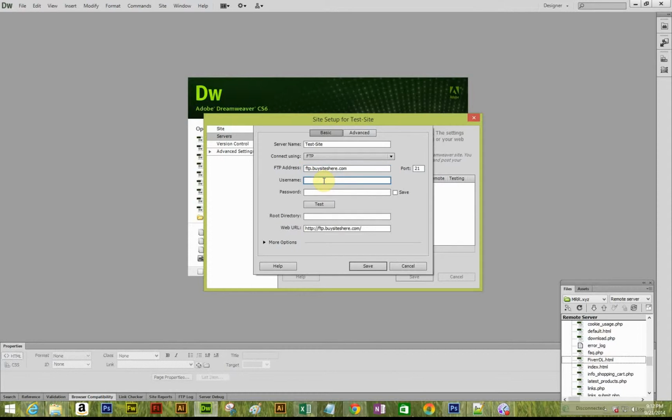and our username is bysites. Again, all this information is coming from the cPanel. So how you would find this information is open up your FTP account, and this is what's known as your FTP user, and this will be your FTP password. You can change it at any time. So I'm going to type in the FTP password,